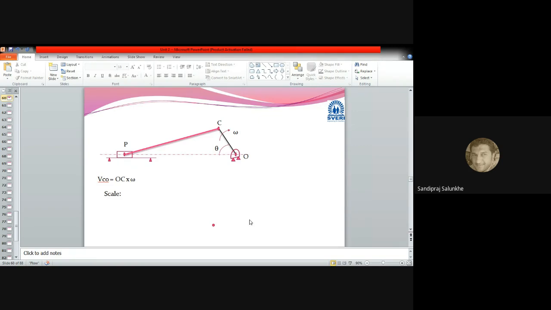Ajit Gaikwad. Yes, sir. What will be the next step? If we get the value of velocity of C with respect to O, what will be the next step? Take a stationary point. Let's name it small o. Then